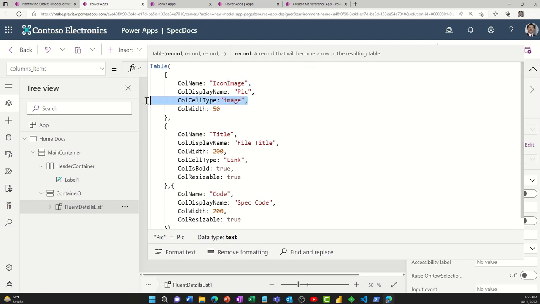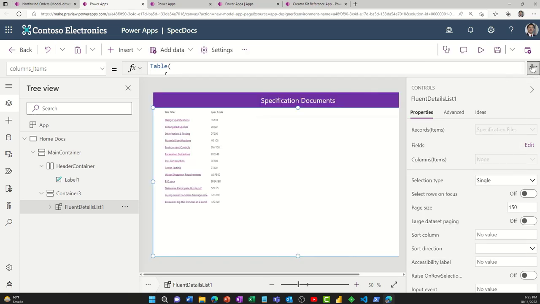Important thing to note here is that for this column, because it's an image, its cell type is image, whereas the other one we did, the cell type was link. So these cell types are going to be pretty handy to keep in mind when it comes to Fluent UI. All right. So now that we've adjusted that,